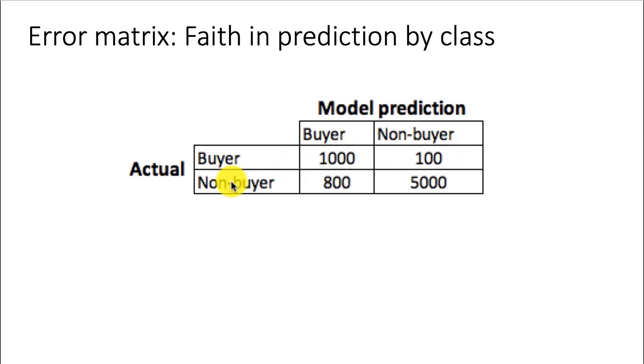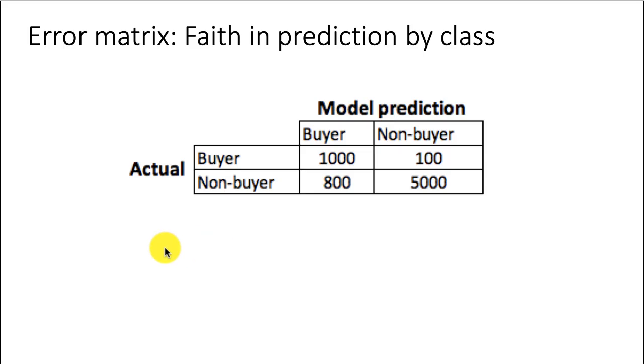If a person is an actual non-buyer, what is the likelihood that the person will be identified as a non-buyer or buyer? Those two measures we saw earlier. But now we are seeing a different thing. Let's say you've got a particular case and the model has said this case is classified as a buyer. So we can look at how confident we can be